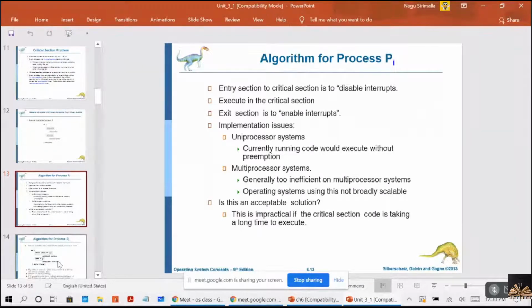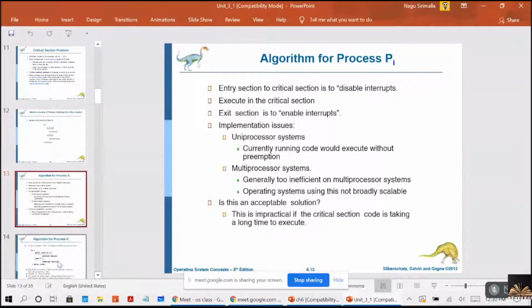Some processes wish to enter their critical sections, then only those processes that are not executing in their remainder section can participate. Processes that have used the critical section and are in the remainder section will not be allowed to enter their critical section again. Only the processes that are not executing in their remainder section can participate in deciding which will enter the critical section next, and this selection cannot be postponed.